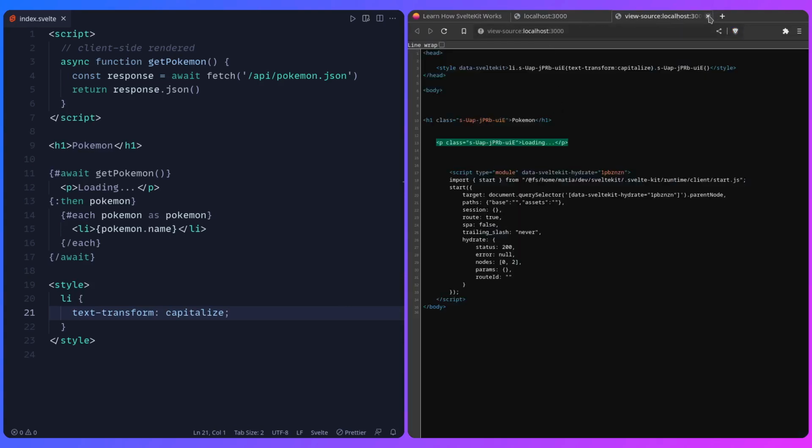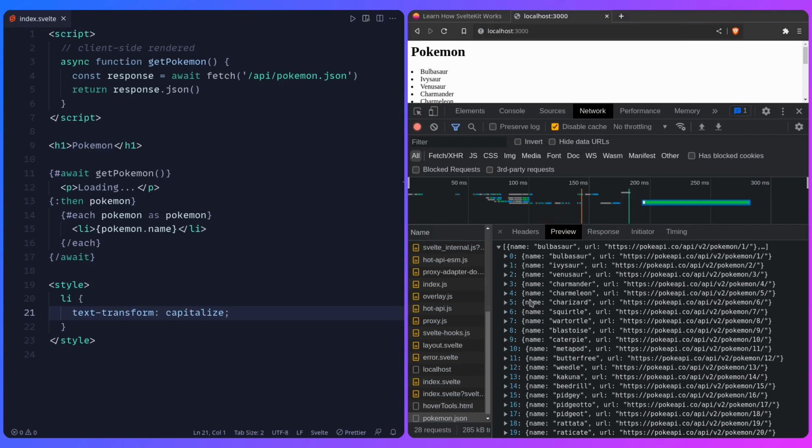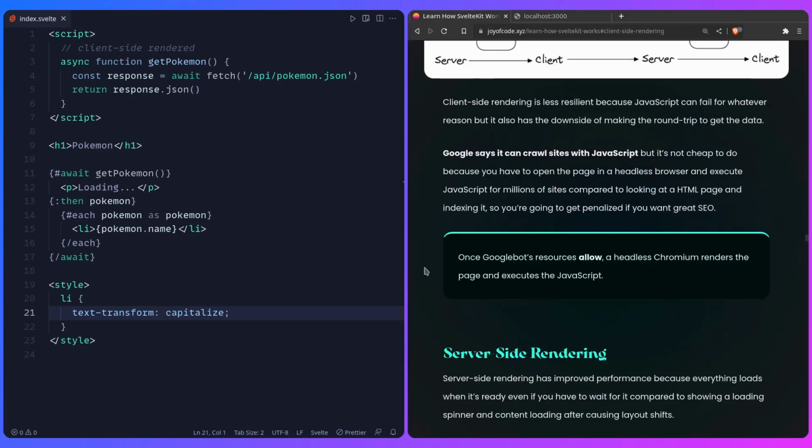And that's what it really means to have a round trip, right? Because it has to do all of this. But using server-side rendering, we can get all of this data we need on the server and serve it to the user. But another thing I want to mention is that some people are like, oh, it doesn't really matter,